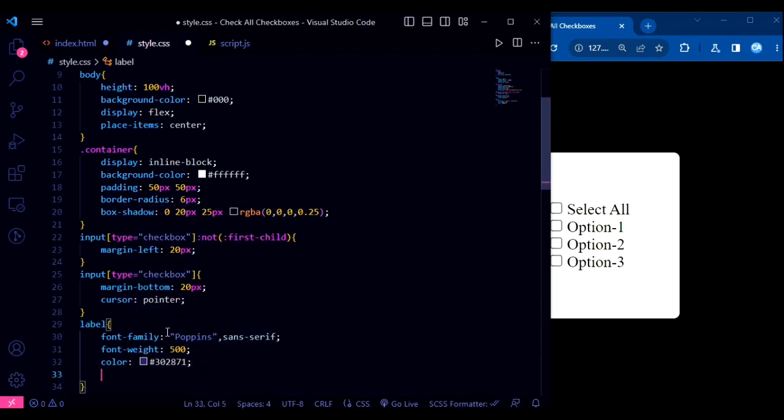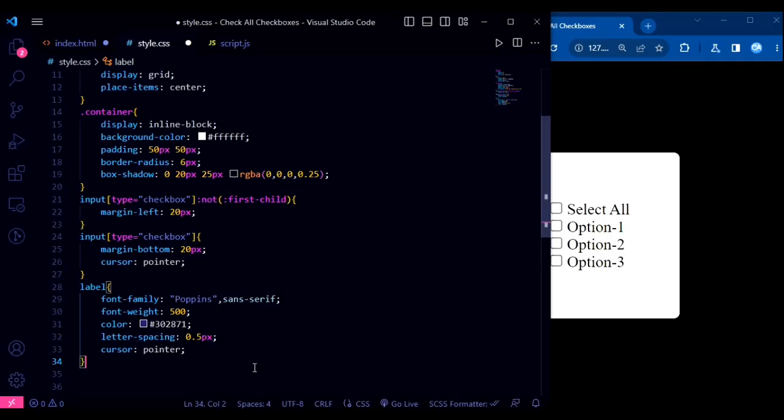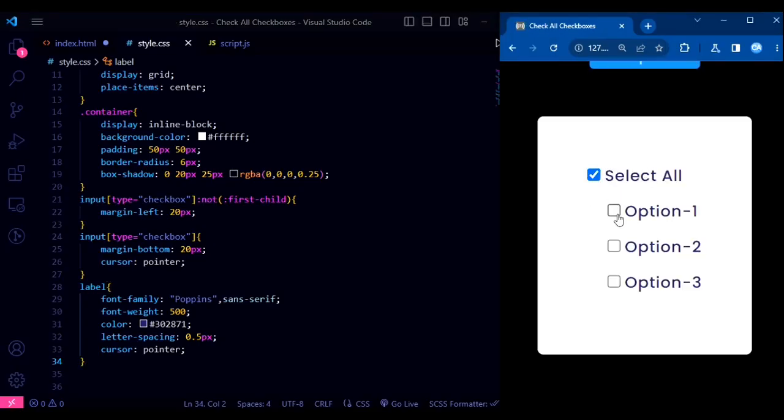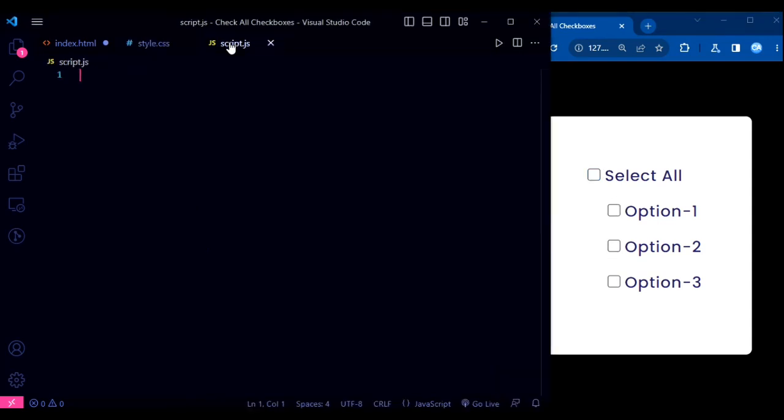Moving on, we define some styles for the checkboxes. The input selector targets all checkboxes except the first one and applies a margin left of 20 pixels. This creates some spacing between the checkboxes. Additionally, we give all checkboxes a margin bottom of 20 pixels and set the cursor to pointer to indicate that